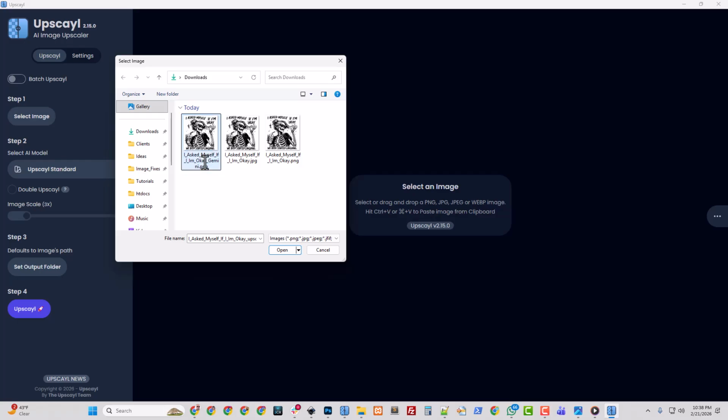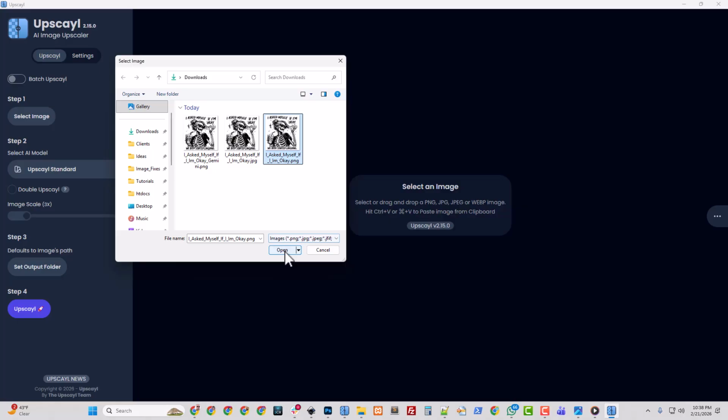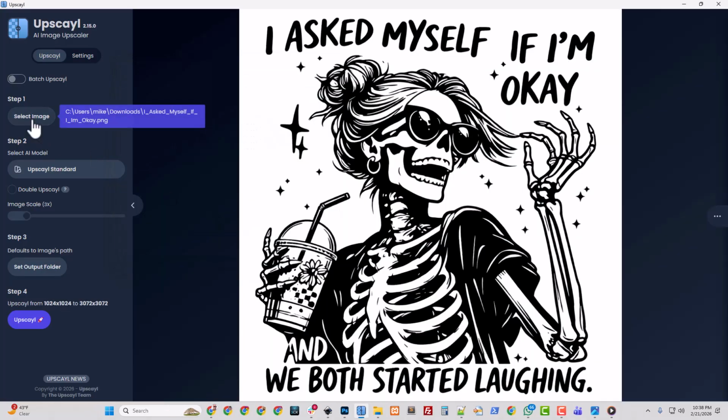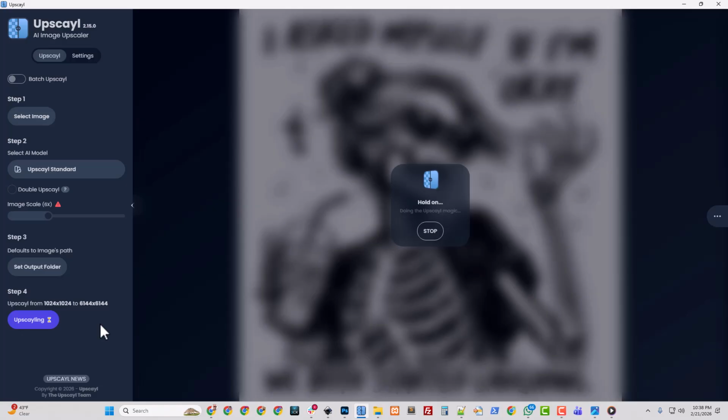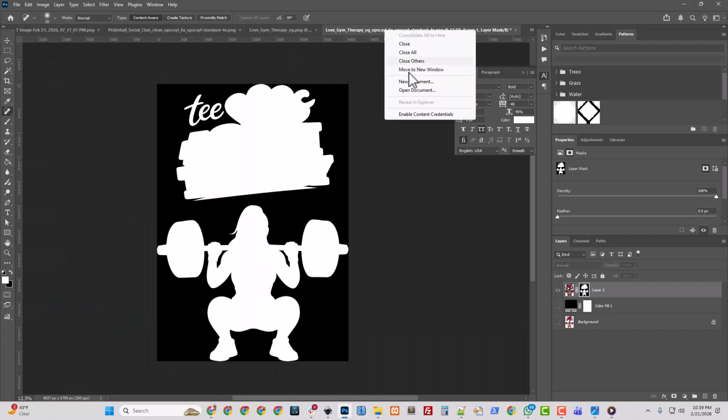Gemini. I named them both the same thing, so if I upscale them and they both ended up PNGs, that'd be a problem. We'll take this one to 6, which will be close in dimensions to the other one. And this one upscaled a lot faster. It's always faster to upscale from a smaller image bigger than it is from a bigger image a little bit bigger. It's weird.